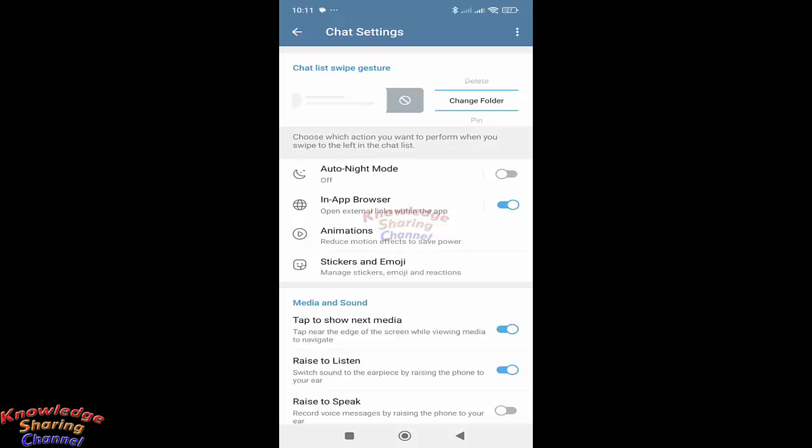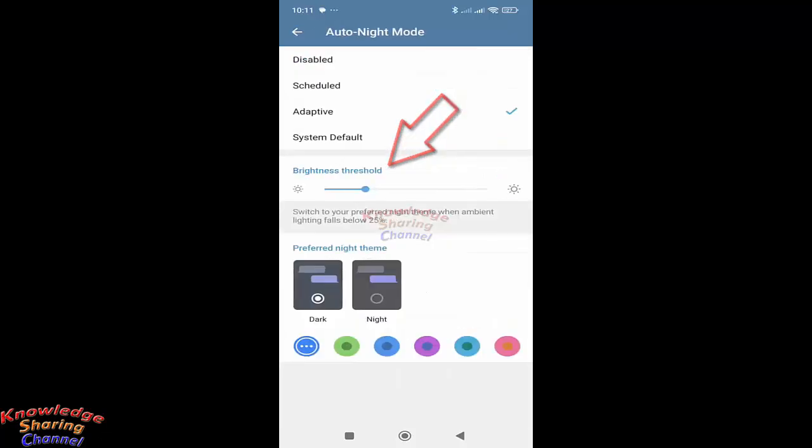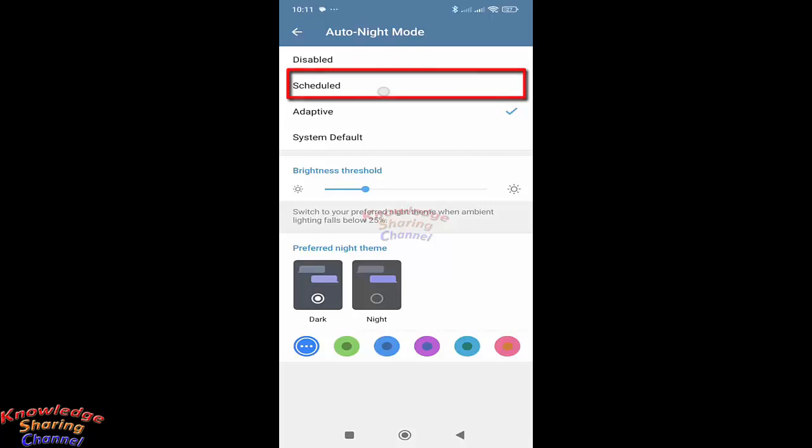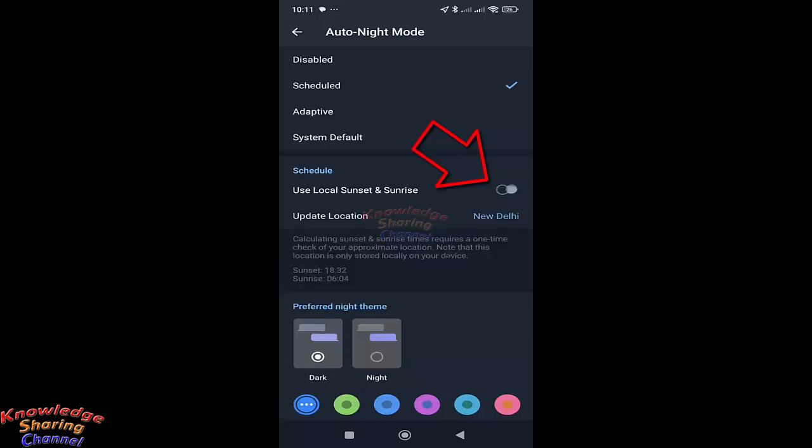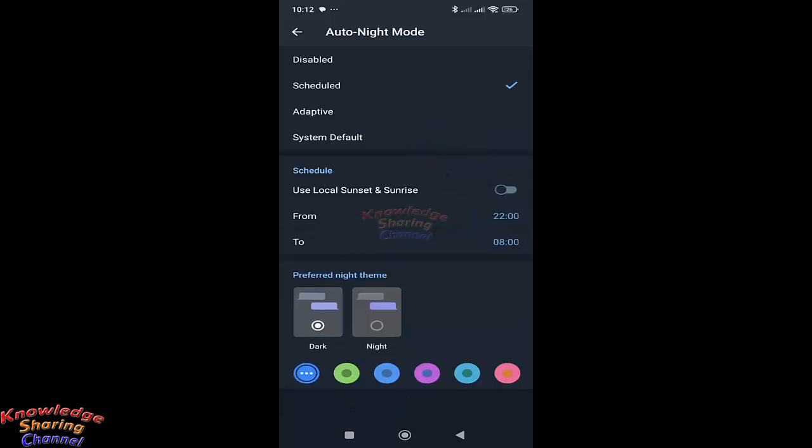By default it is turned off, so you need to enable it. Now after enabling auto night mode, you need to tap on auto night mode. Now here you will find the option adaptive is selected by default, so you can change it to scheduled. Now in schedule you can use sunset and sunrise to use auto night mode, or you can use a time,